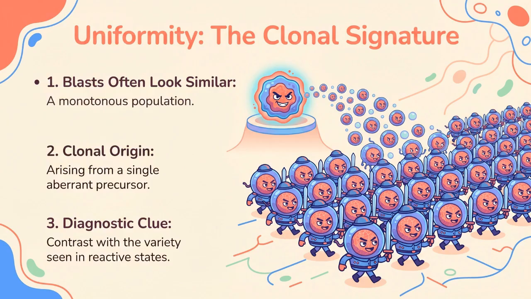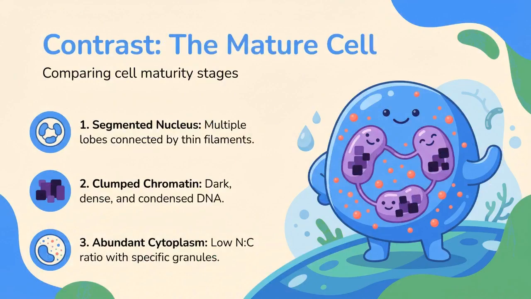To truly appreciate these features, it's helpful to contrast them with what we see in a mature, healthy cell. To truly appreciate the defining features of a blast cell, it's essential to contrast them with the morphology of a mature cell. Consider a mature neutrophil, for example. In a mature cell, the nucleus is typically segmented or lobulated, often appearing as multiple distinct lobes connected by thin filaments. The chromatin within the nucleus is clumped and condensed, appearing as dark, dense aggregates rather than the fine, open patterns seen in blasts. This condensed chromatin indicates a cell that is no longer actively dividing, but is instead focused